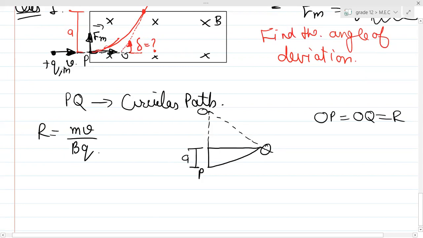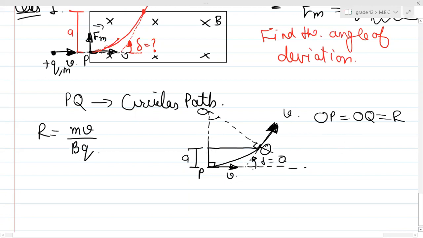And what are they asking? They are asking basically what is the angle of deflection between these two. This angle. Now can you see this, guys? This angle is 90 degrees, this angle is 90 degrees. So whatever this angle comes and this angle, will the sum be 180 degrees? Yes or no?